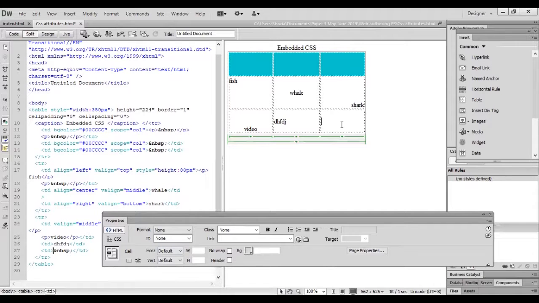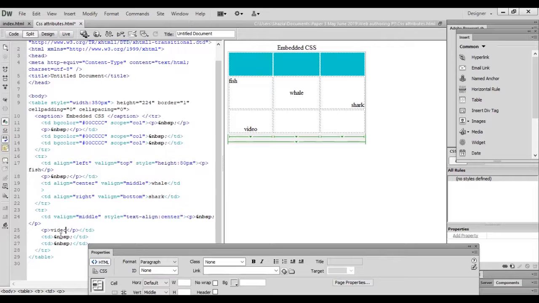I can enter anything, and it will begin from there because I didn't change anything. The text alignment I have set is center align, so that's why.